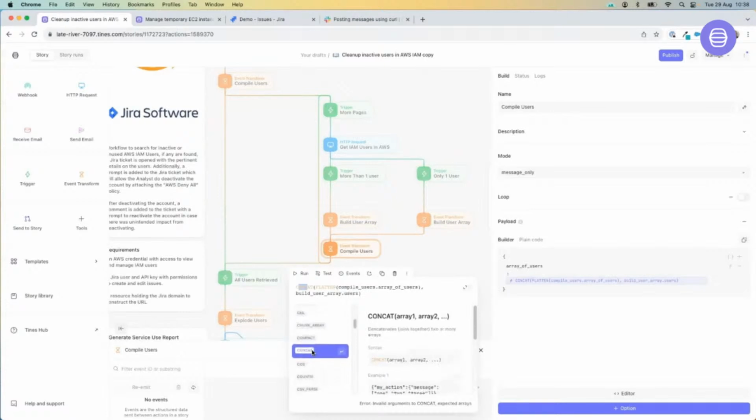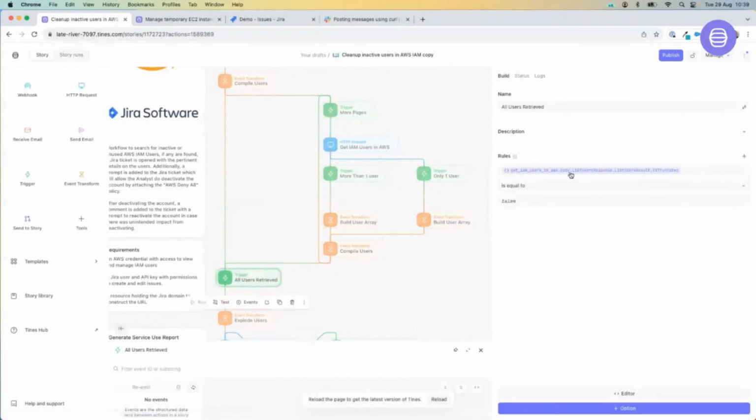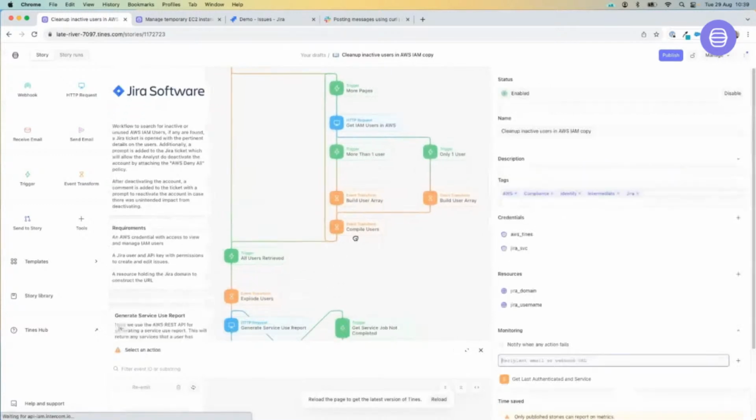There's a ton of functionality in here that allows you to massage this information. In this particular case, we're just flattening the array. We're concatenating. If we have one user and multiple users, we're just tacking that one user onto our array. And then we're obviously breaking out of our loop as well. The logic in here is, have we got all of our users, or are there more? If we've paginated through correctly, it will return false,